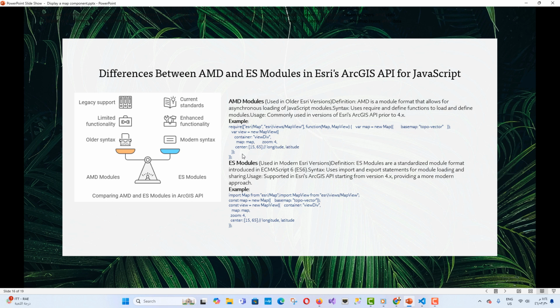ES modules used in modern Esri versions. Definition: ES modules are a standardized module format introduced in ECMAScript 6, ES6. Syntax: uses import and export statements for module loading and sharing. Usage: supported in Esri's ArcGIS API starting from version 4.x, providing a more modern approach. Example: